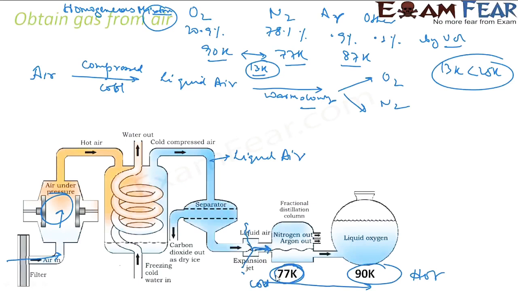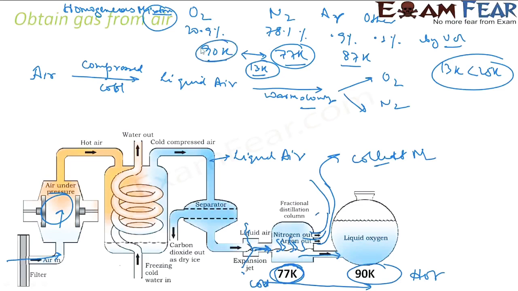What will happen? The moment you have 77 K, the gas will come out. And which gas will come out? Nitrogen gas will come out. And the gas you will take from some pipe here and you will collect nitrogen gas. Okay. Argon also has a low boiling point, so we will get some argon also. Now the remaining gas will come here. The liquid is still in liquid form. The gas we have collected is nitrogen. The remaining liquid will come here, and that will be the liquid oxygen, because oxygen is again almost 90 Kelvin